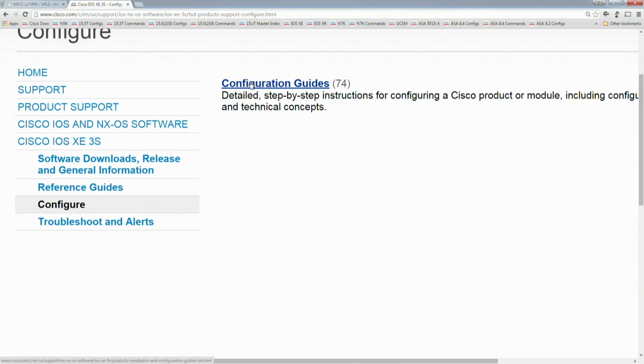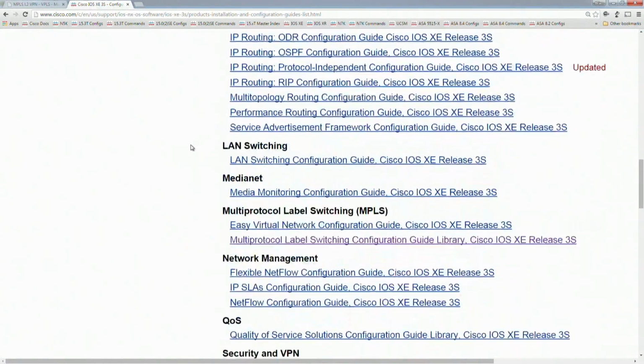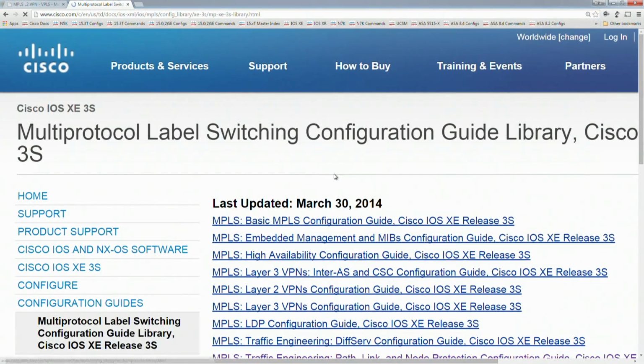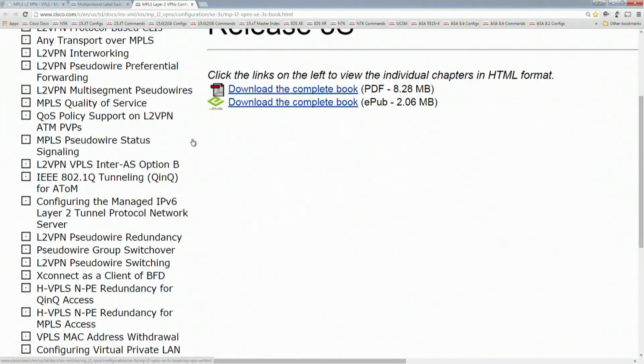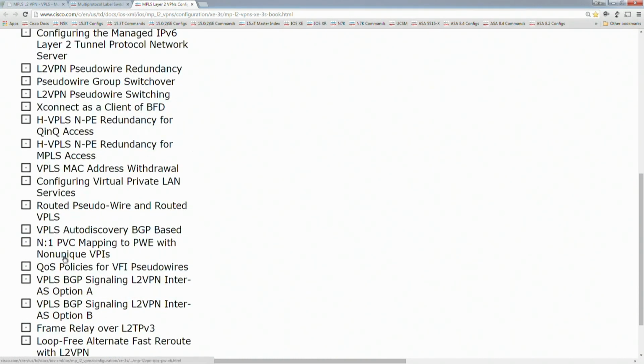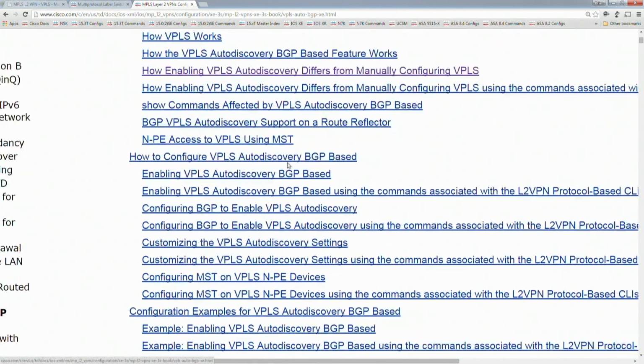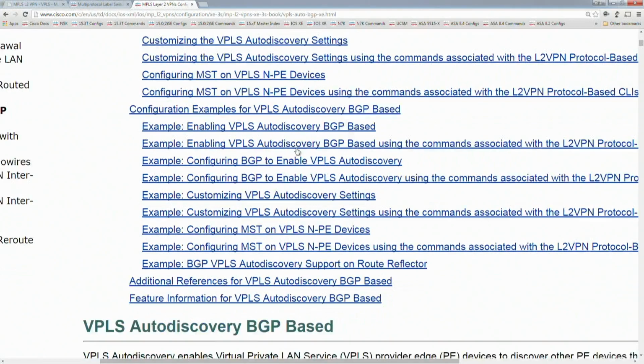Then under our config guides, under MPLS, L2VPN, and then this is VPLS Autodiscovery BGP based. Okay, so if we look at the config example,